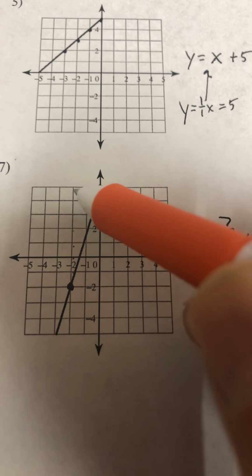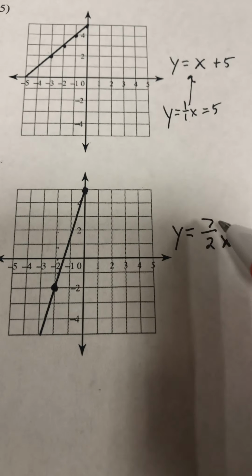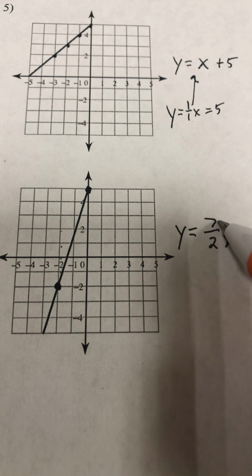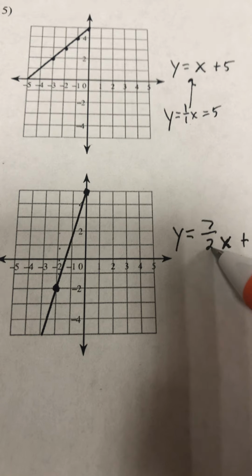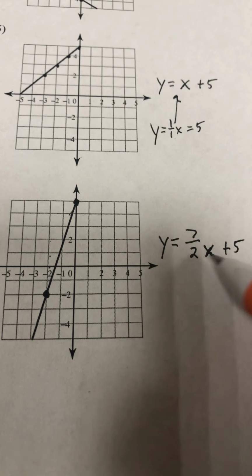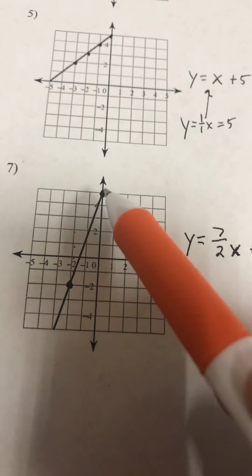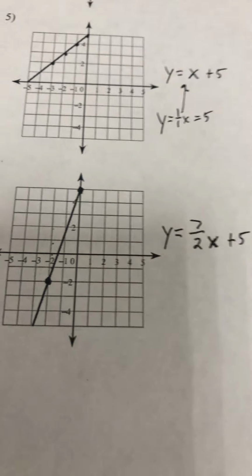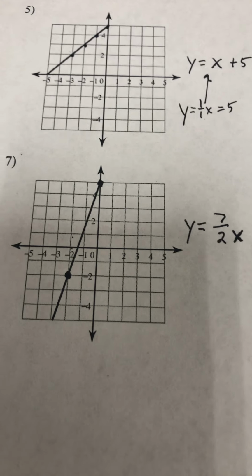So that went up 7 over 2. So the vertical change was up 7, a positive 7, and then it went horizontally 2. So up 7 over 2, and then we have the positive 5 there. So that is my equation for that one. All right, try